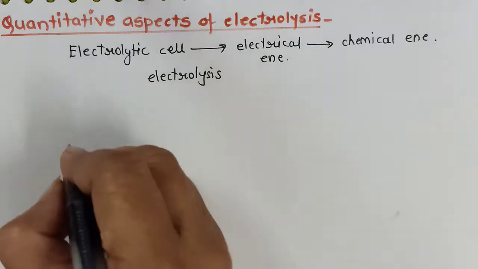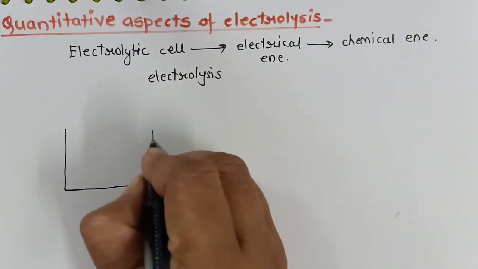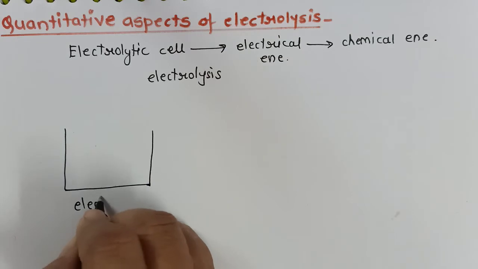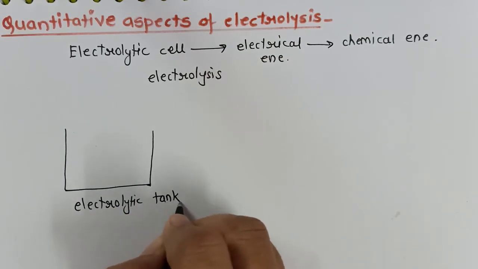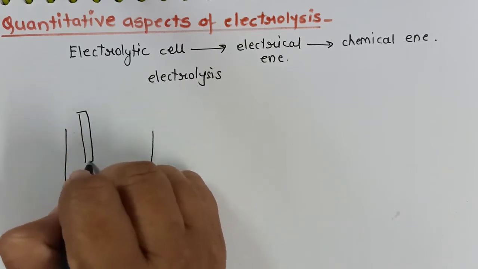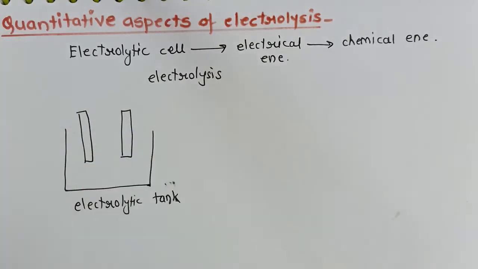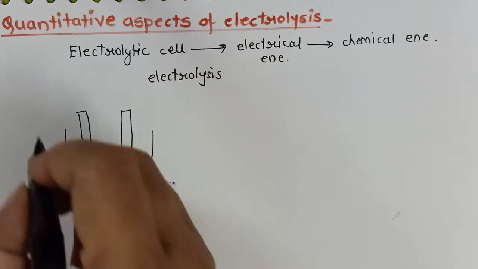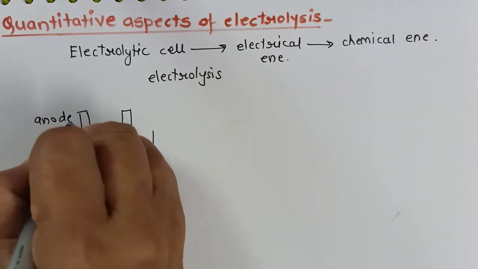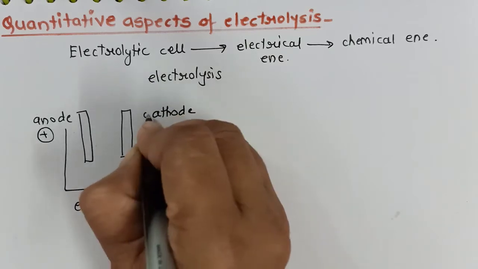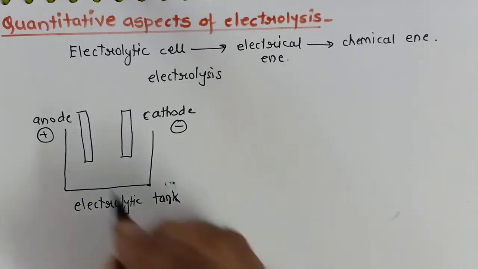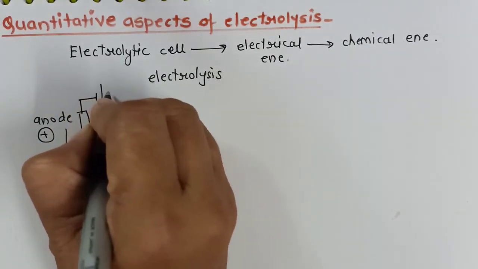For example, we are taking an electrolytic tank and in that we are immersing two metal rods which will act as cathode and anode. Now the main difference between an electrochemical cell and an electrolytic cell is that in an electrolytic cell the anode is a positively charged electrode whereas the cathode is a negatively charged electrode. Connect this through a circuit